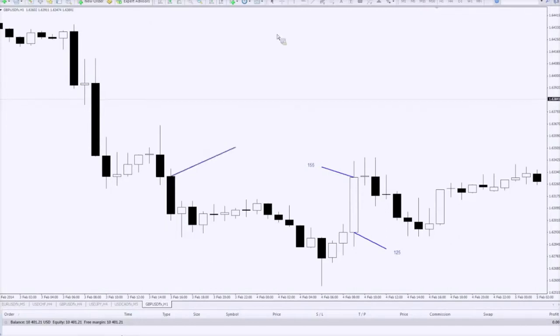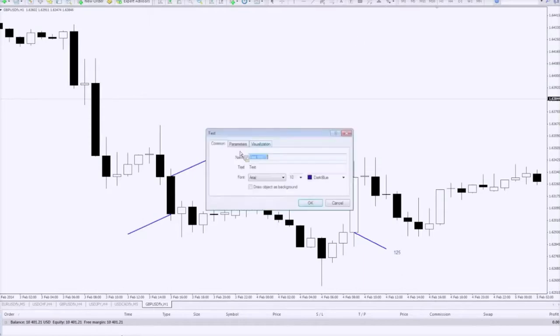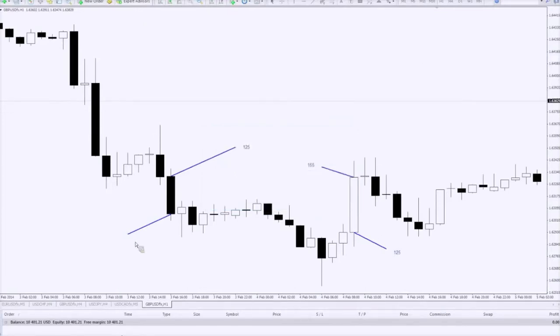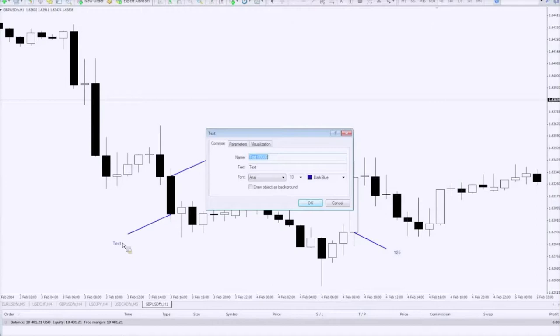And yet at the end of the 1 hour, it actually closed lower than when it opened. So what this means is that this candle could have opened at price 125, let's say, and this candle could have closed at price 85,